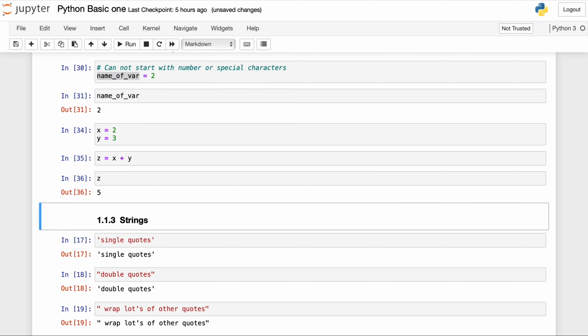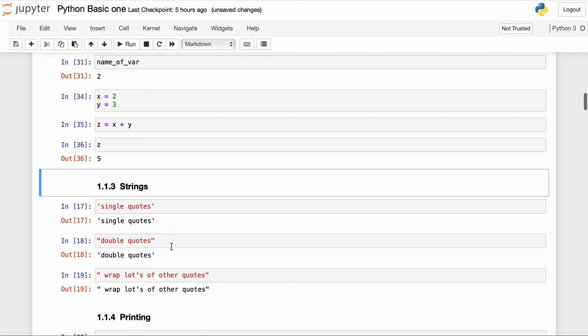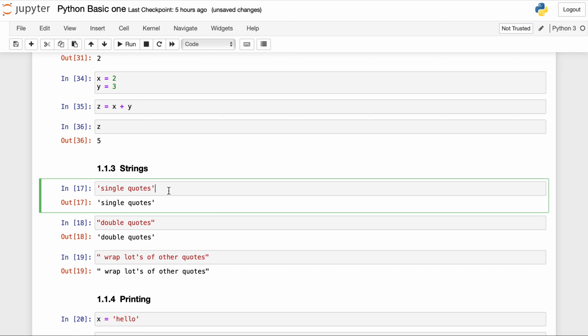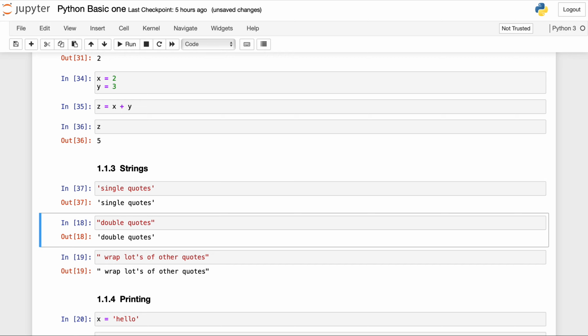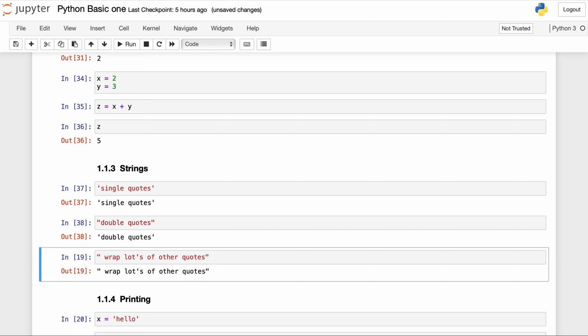Now a string. Python is pretty friendly, you can do any sort of string manipulation. It provides a lot of inbuilt functions to work on strings. You can represent any string with single quotes, and you can also represent any string with double quotes. If I write a single quote string, that will be single quote, and if I write a double quote string, that will be double quote.